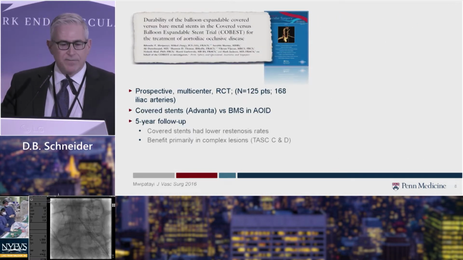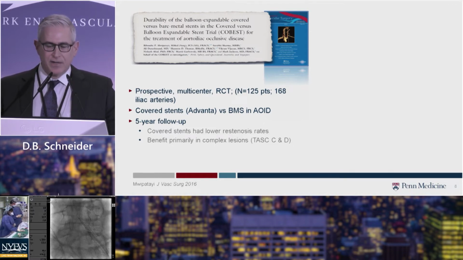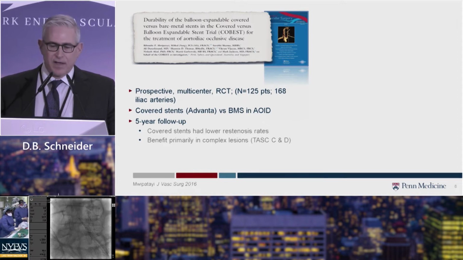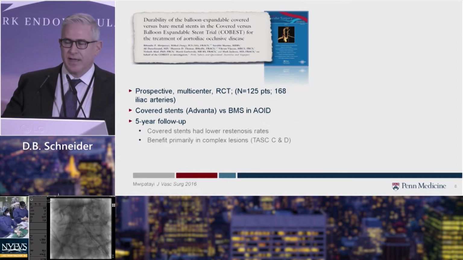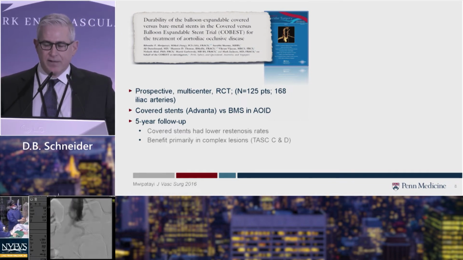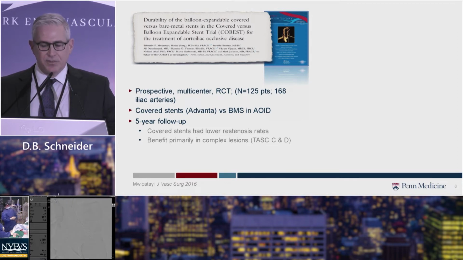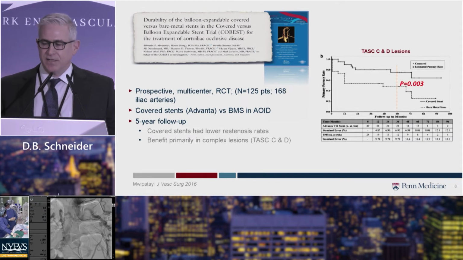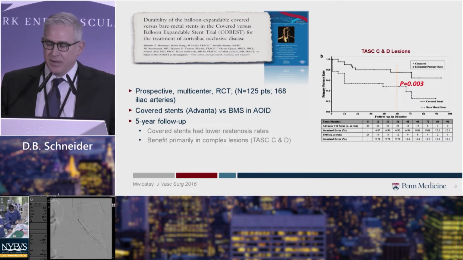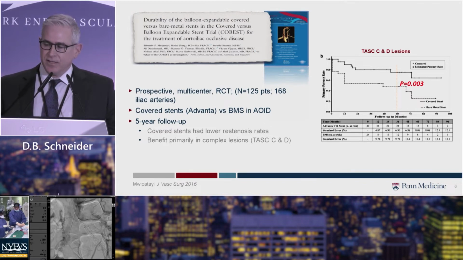There is some data available. The best probably is from COBEST, even though it is a flawed trial, but this was a prospective multicenter trial with up to 5 years of follow-up comparing the Advanta or iCAST covered stents with bare metal stents in aortoiliac occlusive disease. And the covered stents in this trial had lower restenosis rates, but especially in the complex lesions, TASC C and D, and this is the primary patency curves comparing bare metal and covered stents, showing an advantage in these complex